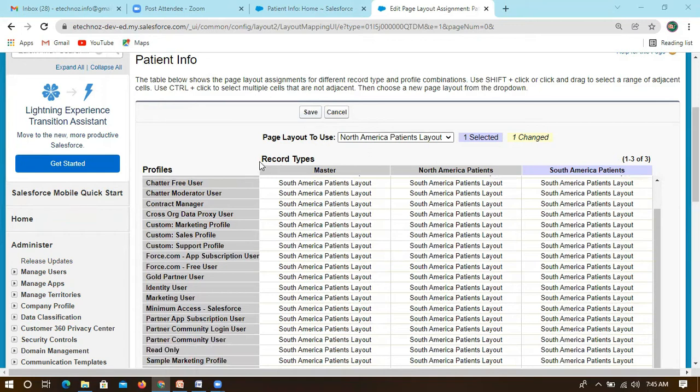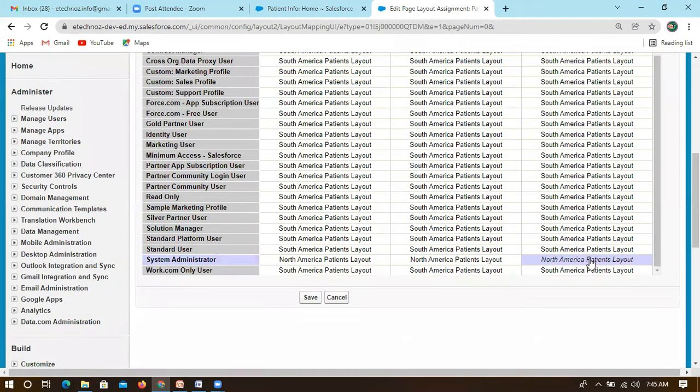It's a simple concept. When the user logs in, he will be able to see the record type first, right? When the user clicks that record type, he can select North America patient or South America patient, right? So this is clear, right? So when the user selects, let's take South America patients, if you are saving this with North America patient layout,